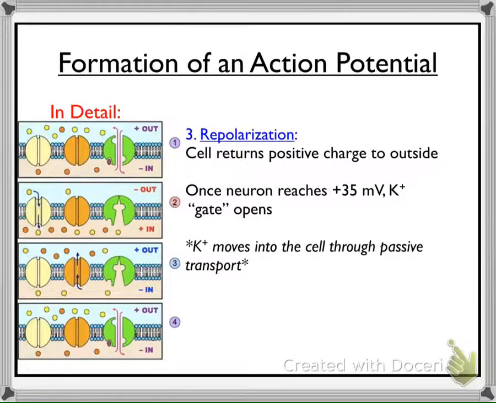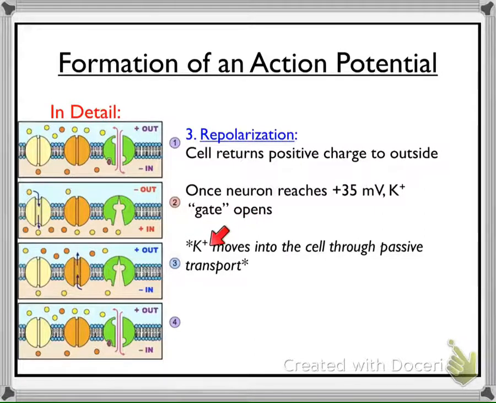And what is repolarization? Well, again, polarization is the difference. So what we're doing during repolarization is we are re-establishing the different charges on the inside and the outside of the cell. So that means at the end of repolarization, what we want is to once again have a relatively negative charge on the inside of the axon, and a relatively positive charge on the outside of the axon. And how we do this is we actually are going to allow the potassium ions to move out